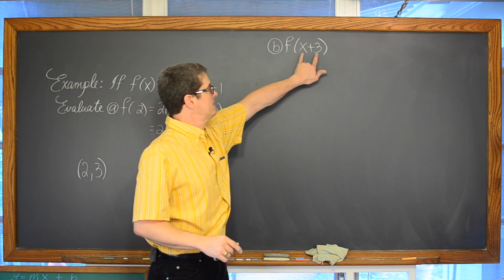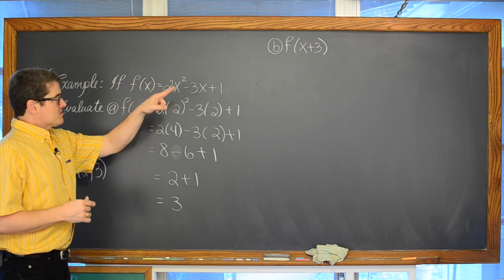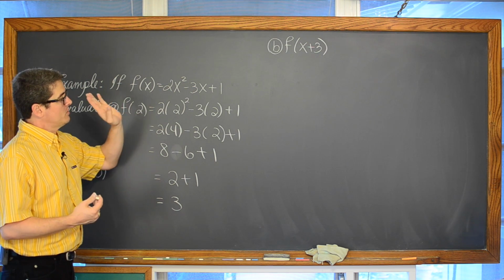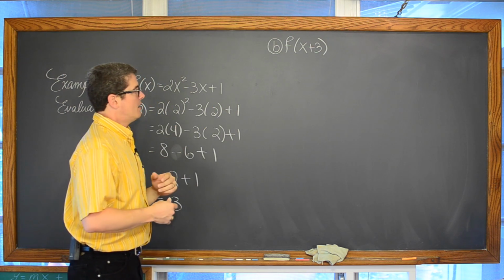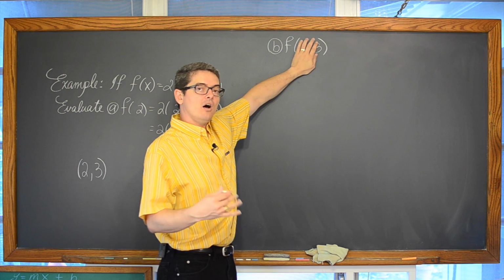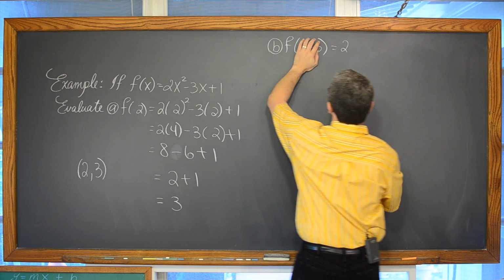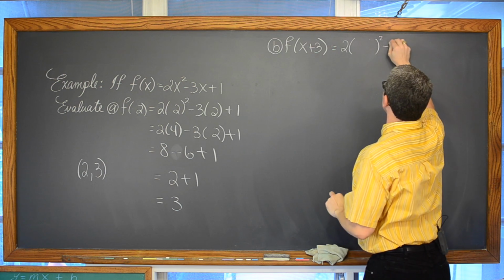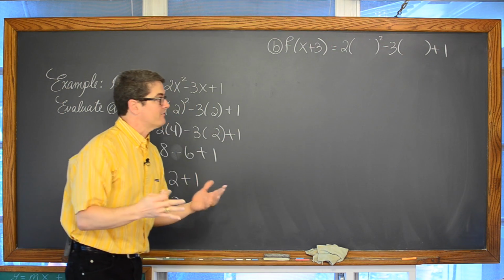Now this is an expression with two terms. They're separated by addition and subtraction. That students will struggle with a little bit even if they do the two kind of really automatically. So again, when you have function notation and you're being given something to substitute into the function, I like to just not even pay attention to what you're plugging in. It's function f of something. Well, function f is 2 times something squared minus 3 times something plus 1. Just write the function out with a blank space everywhere there's a variable.